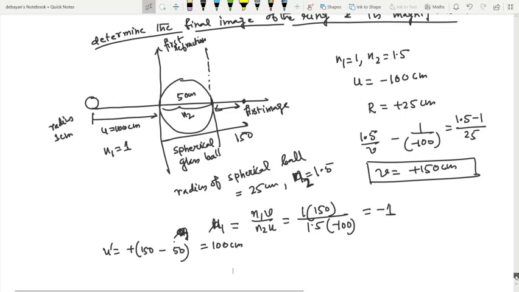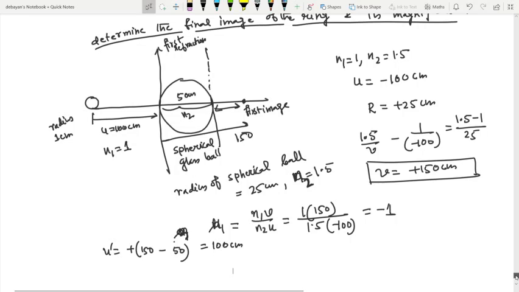আবার এই ফর্মুলা অ্যাপ্লাই করে image distance বার করতে হবে। এবার n1 equal to 1.5, n2 equal to 1, u is 100 সেন্টিমিটার আর radius আছে -25, and in that case r equals to -20. Okay, so 1 by v minus 1.5 by 100 equal to 1 minus 1.5 by -20, v is equal to